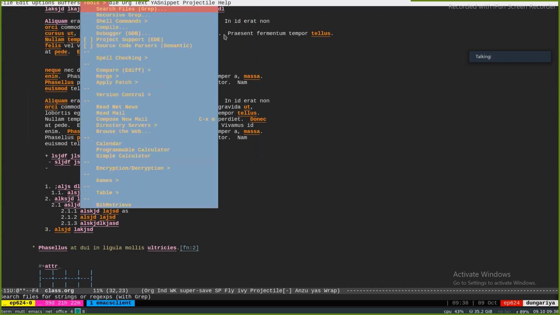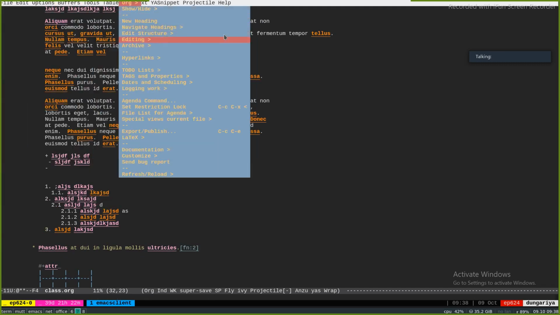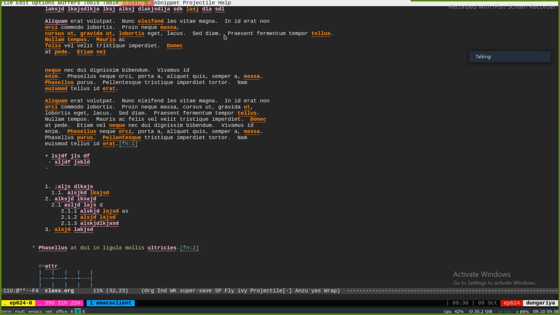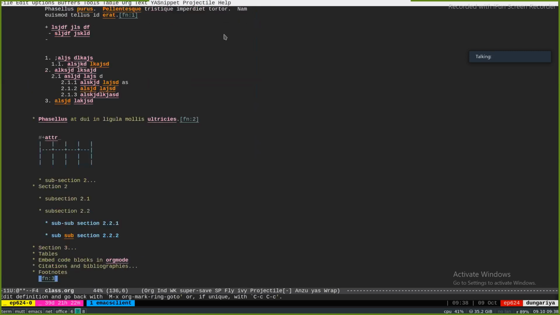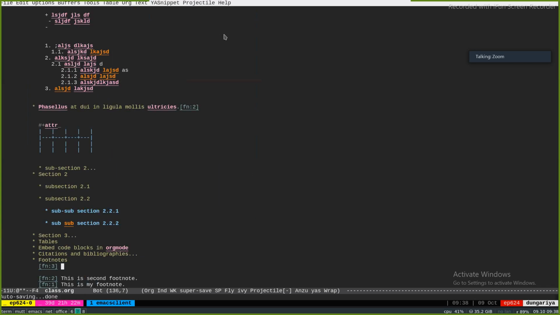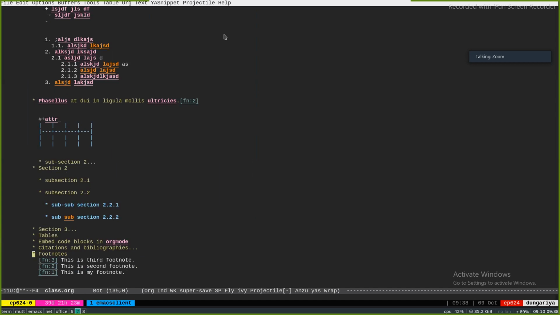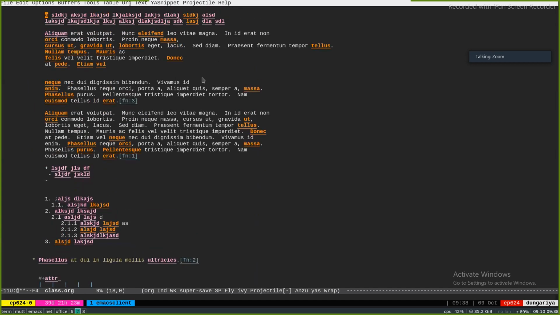So for example, if I do F10 and now insert another footnote, I have a footnote 3. This is third footnote. As you can see, they are being inserted in reverse order here, wherever you insert.